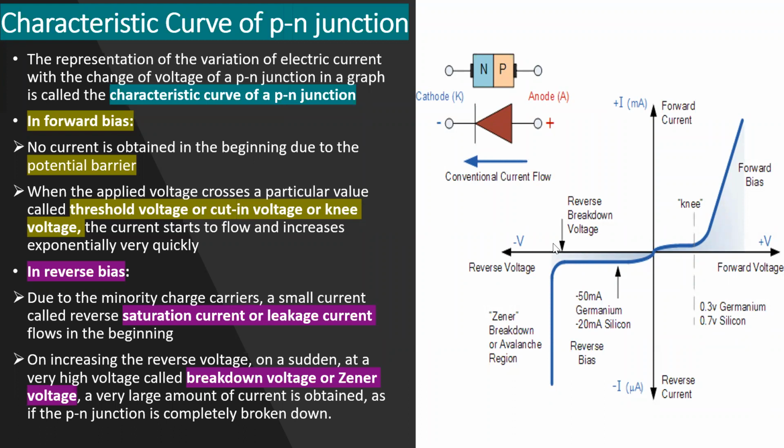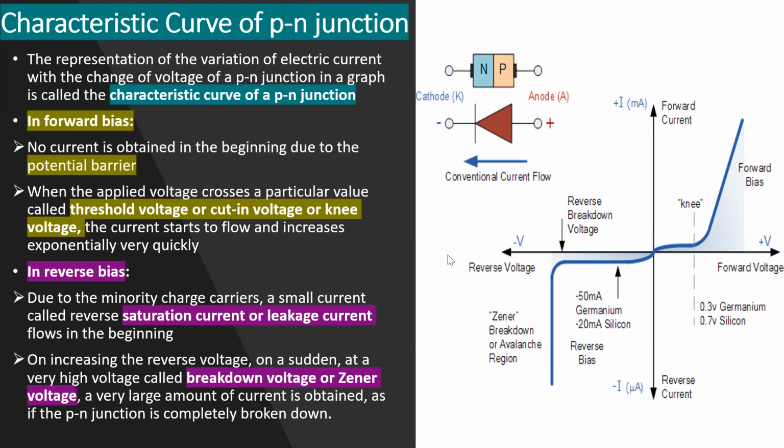Now what happens in the reverse bias? Due to minority charge carriers, a small current called reverse current flows. See, compare the current in the forward and reverse. Forward current is in milliamperes, while the reverse current is in microamperes. Due to these minority charge carriers, the current is very small, in the micro region, in the reverse bias region. And on increasing the reverse voltage, at a very high voltage called the breakdown voltage or Zener voltage, a large amount of current, still in the microampere region, is obtained as if the PN junction is completely broken down, which means